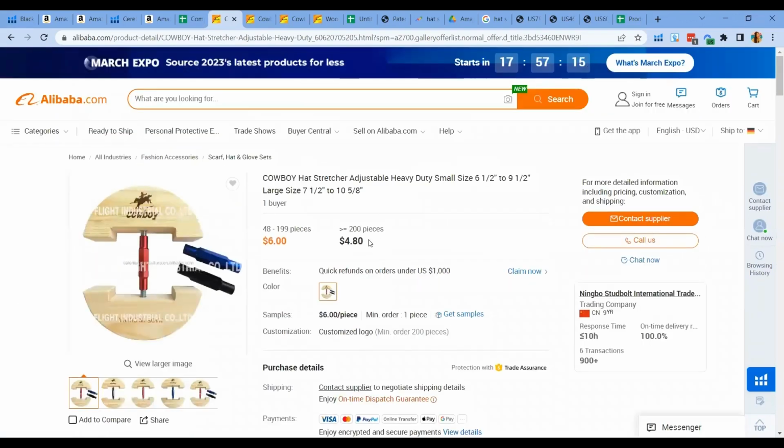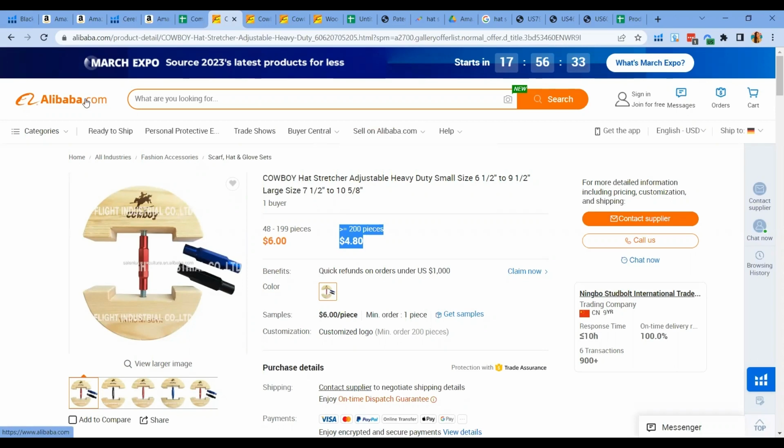So for this one, I just took more than 200 pieces. They are offering $1.80 for this product. If it's 199 pieces and below, it's $6. So try to look for suppliers that are Trade Assured and verified by Alibaba. This ensures that these suppliers have already qualified for trade assurance and are verified by Alibaba to be a supplier, and have already been working for a couple of years with a couple of companies already. So in this case, I got 3 suppliers here and I got the average of the minimum and maximum quotes that they have for below 500 units and 500 units and up.